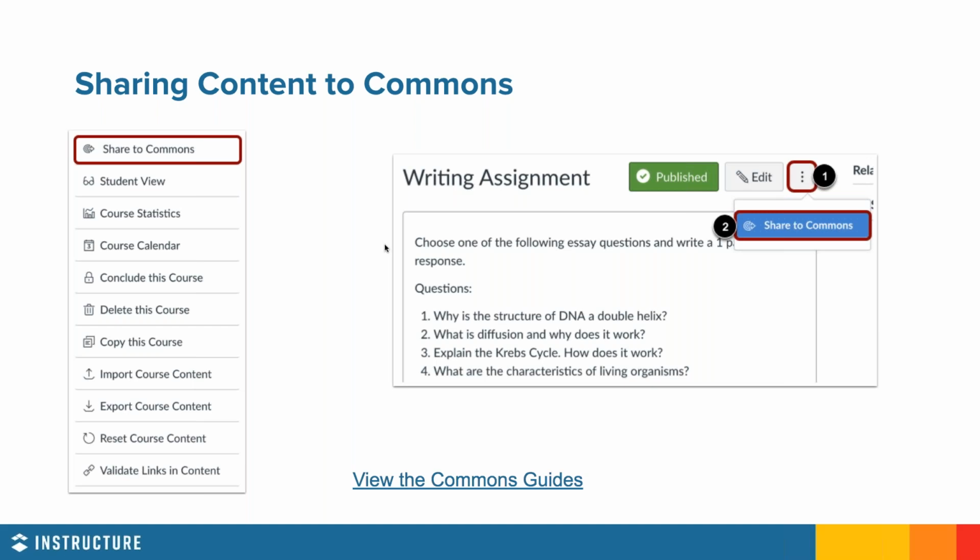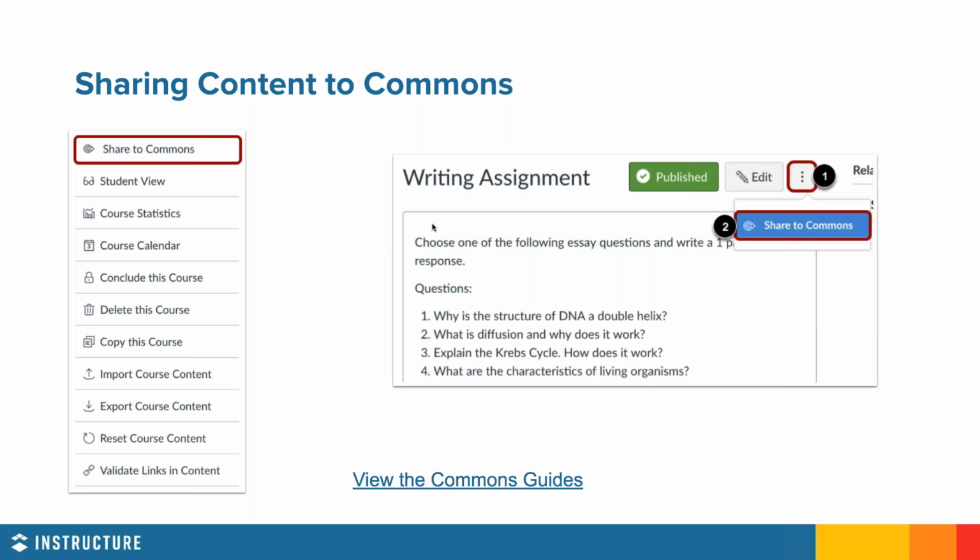Also, you can share content just to yourself. Now, of course, if you're leaving a school or district, that's not going to be helpful to you because you're not going to be the same user in another district. You would have a different user ID and everything. But if you are staying, which I definitely want to see everyone stay and hope you're happy in your current position, so if you're staying and you're just going to start a new school year or you're wrapping up a school year, then you could share content to Commons and just make it for yourself. And that way, next year, you could just import that content from Commons directly into your new Canvas shells once